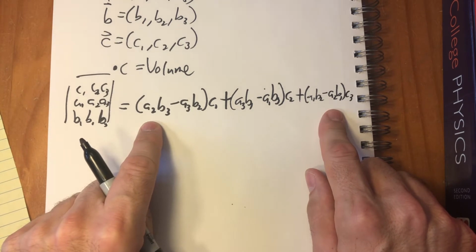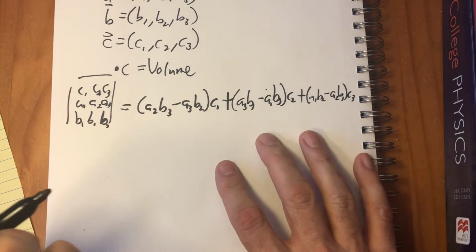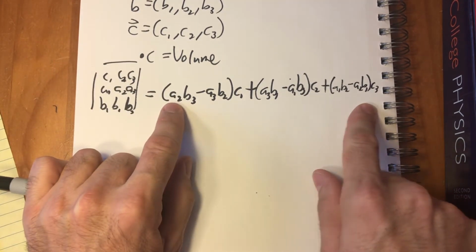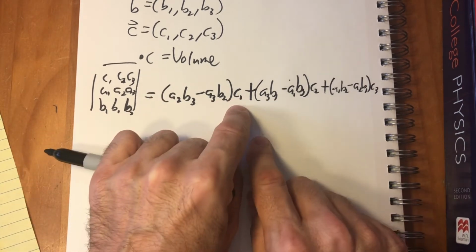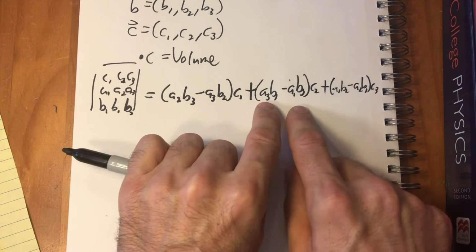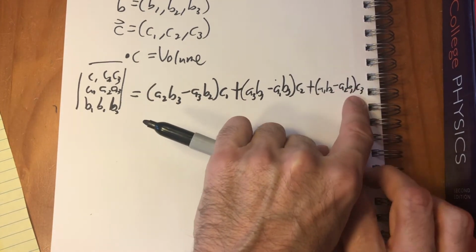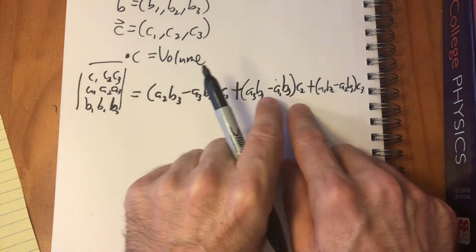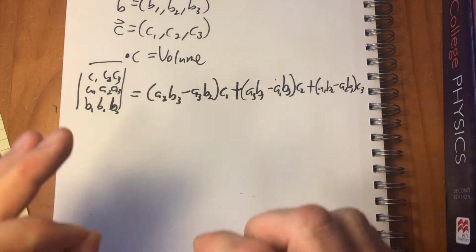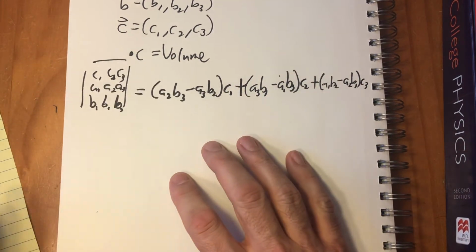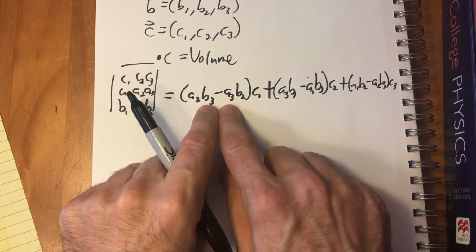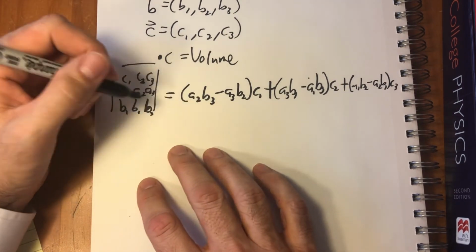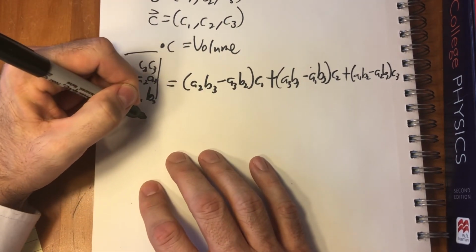Now, remember what we want to do here is dot something times C. Well, you can see this is a dot product, right? It's something times the first component plus something times the second component plus something times the third component. So if you look at this as a vector with these three components and you dotted that with C, you'll get the volume. That's what we want. So what is this? This then would be a vector with components